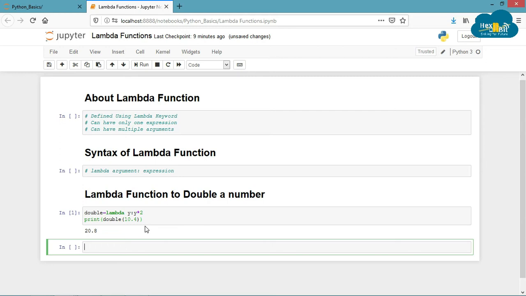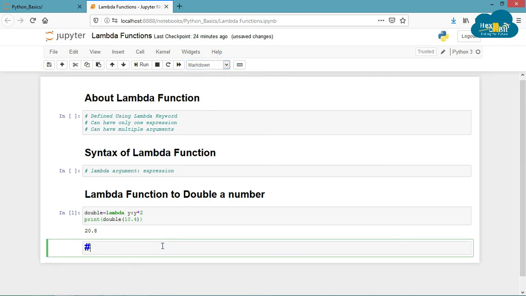This is equivalent to a normal function which may have been defined by the classical method where we had to write def, a function name and the body. You might think, why do we use a lambda function when we can create a function in the classical manner? The answer is we use a lambda function when we require a function for a short period of time. And a lambda function has application when some function needs another function as its parameter, such as the map function. We'll discuss this in a later section.